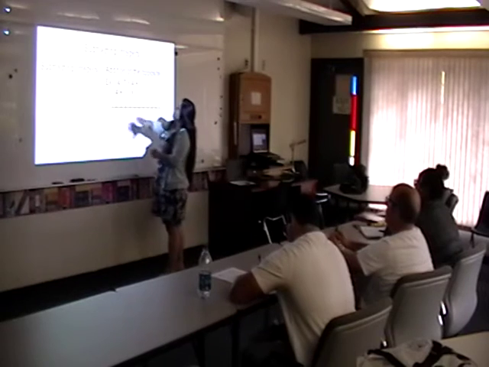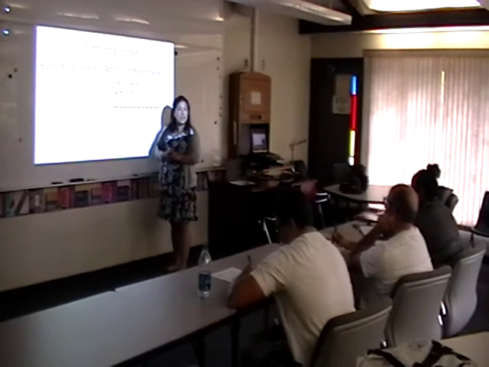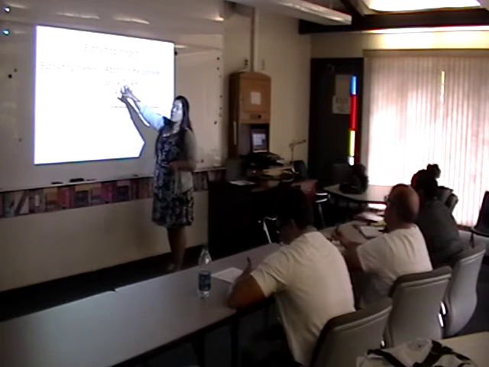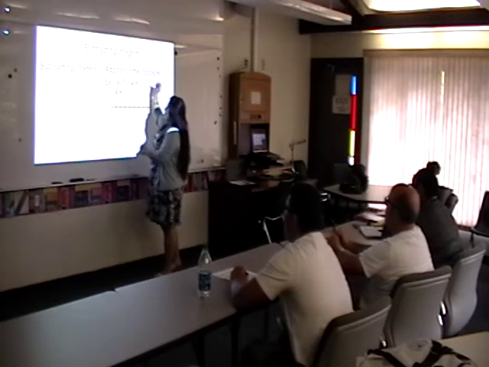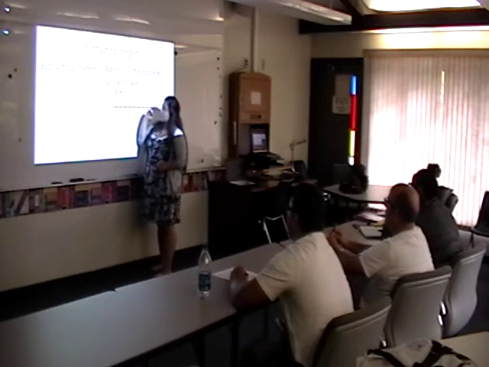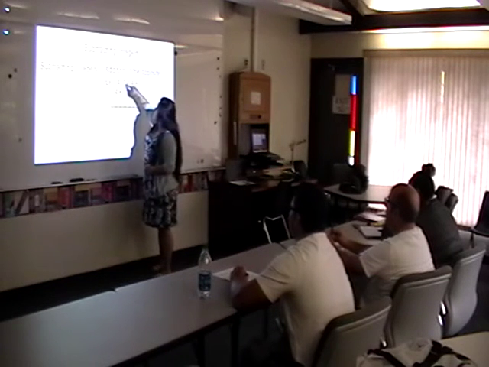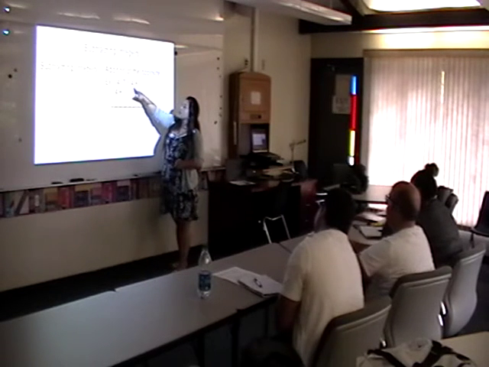4 minus 7. 4 minus 7. Okay, now let's use our cross the line, change the sign to set up our problem. What we're really doing is we're rewriting this problem with our rule. I already kind of did it for you here, but we're going to cross the line, right? It was a negative, we're going to cross the line to make it a positive, and change the sign of our positive 7. So 4 plus,